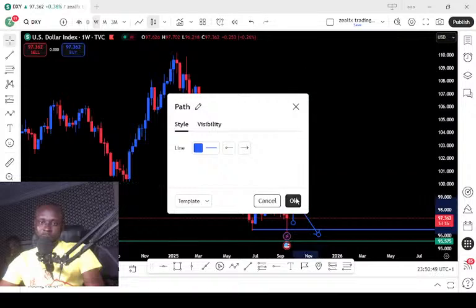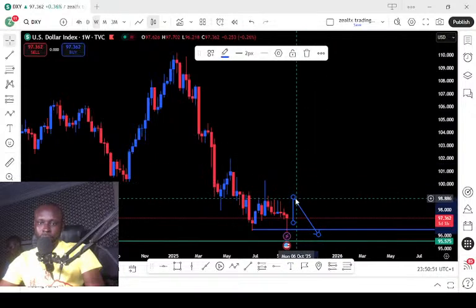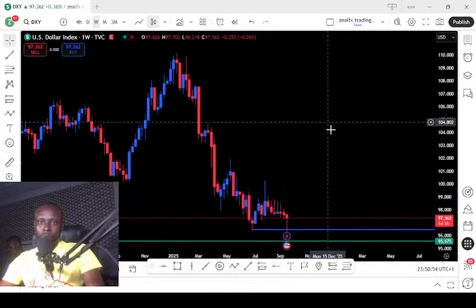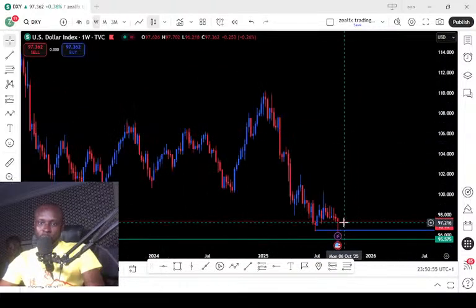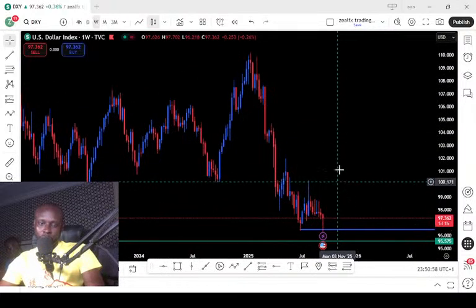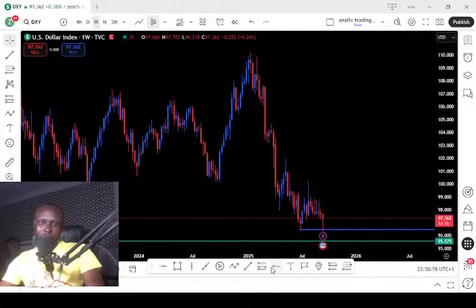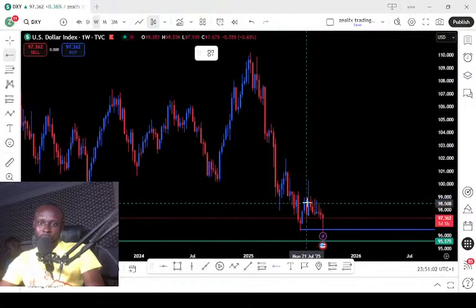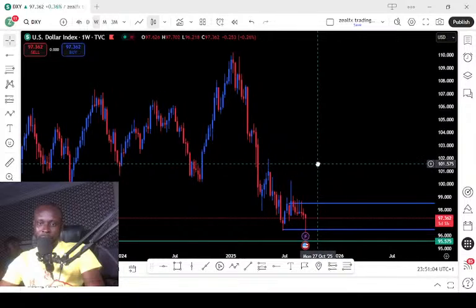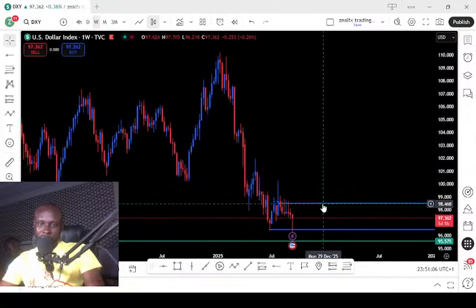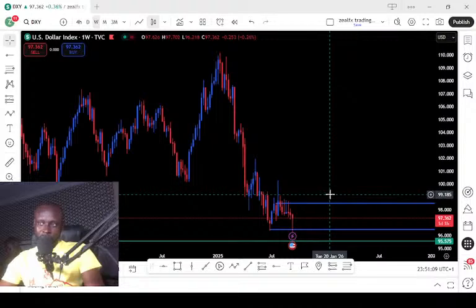So expect the DSY this week to close above this weekly resistance for us to see price pushing higher to this next resistance level. So we're expecting the DSY to move to this next resistance level this week,